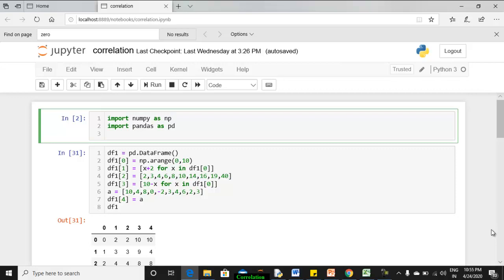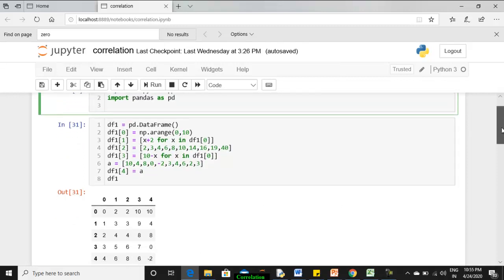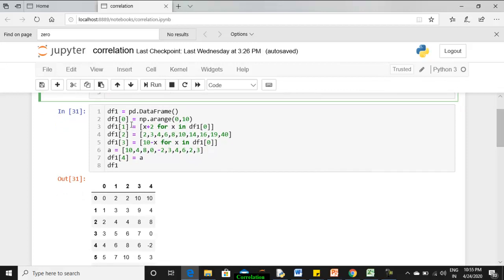This is just a small explanation to perform correlation analysis on the given data. Okay. So first, as usual, we'll be trying to import the required libraries. I have imported NumPy and Pandas. And then I'm going to create a data range for us to explain the different correlations that are available. Just have a look.